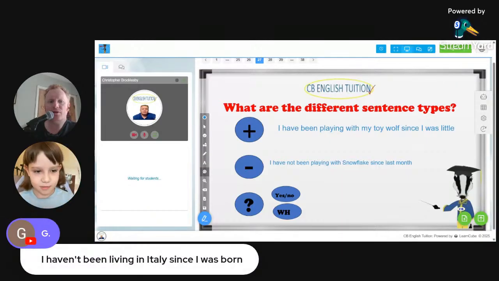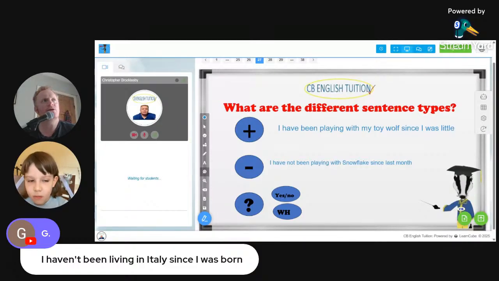Yeah, again, this one, G, to be honest, is a tiny bit strange. "I haven't been living in Italy since I was born." Yeah, I don't know how to describe it. So generally for negative sentences, it's strange giving a full time duration. You would say something like, "I haven't been living in Italy for very long." Or to express that, you'd probably just use the past simple: "I wasn't born in Italy." So yeah, remember with negative sentences for times, usually we don't give the full time, or a precise exact time sounds a bit strange.